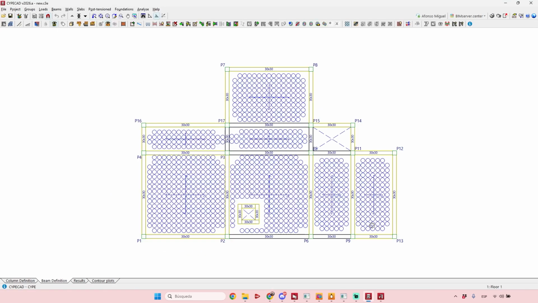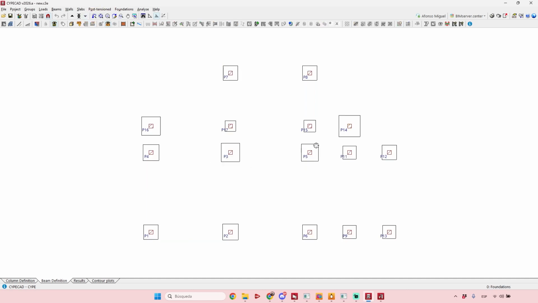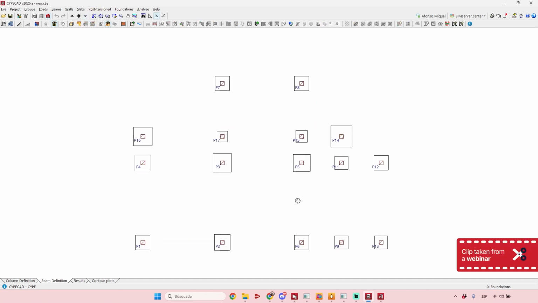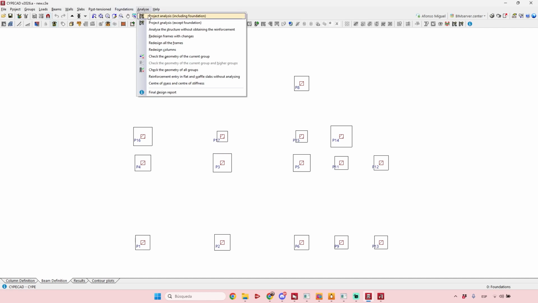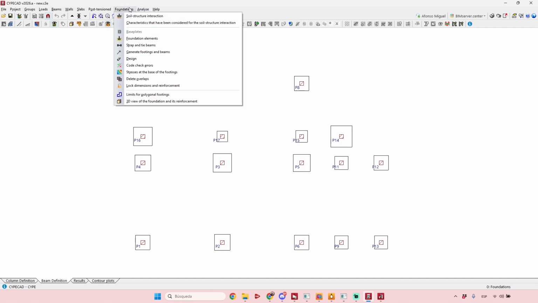So here I have the example we have been talking about before. Let's go to the ground floor. Here in the ground floor, I've been introducing some footings, remembering that footings are introduced in the BIM tab using the foundation option. I just introduced some normal reinforced concrete footings, squared footings. And after analyzing the structure, including the foundation, when you get the results from the